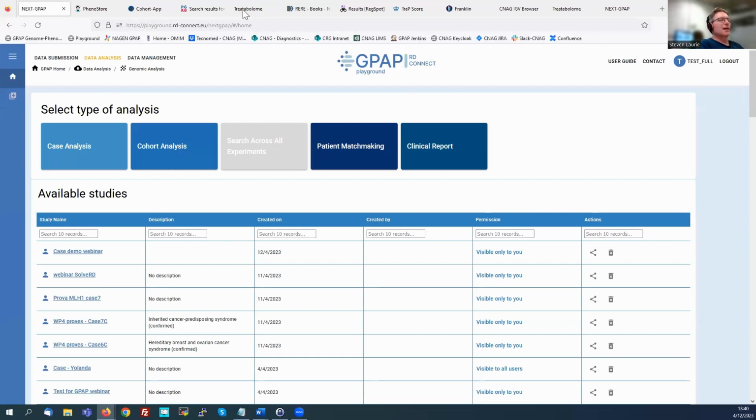Anna's happy. Andres Caballero has asked, is it possible to add to the gene list that is imported from PanelApp or the gene list that is given from the HPO terms? So after you retrieve that gene list, can you then maybe drop a gene out or can you add a gene in? You cannot drop a gene, but you can add